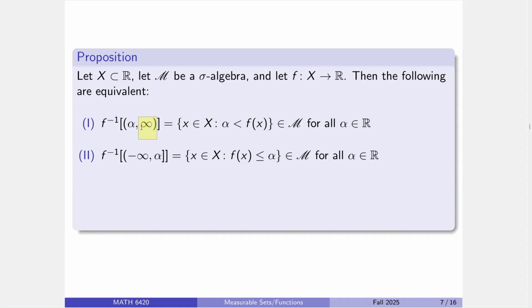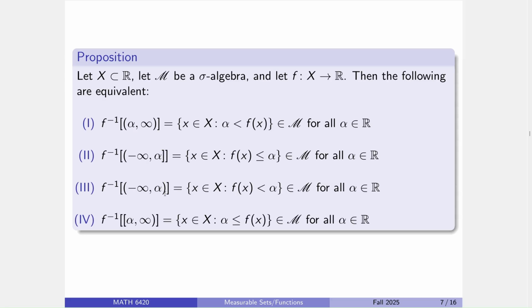The complement of this set, oh hey, remember we're a sigma algebra of complements. Then the inverse image of that, which would be this set, the set of elements in X so that f of X is less than or equal to alpha, that's measurable for all alpha. Which is equivalent to, well, get rid of the closed and make it open. And then the complement of that. Hey, so all 4 of these are equivalent.